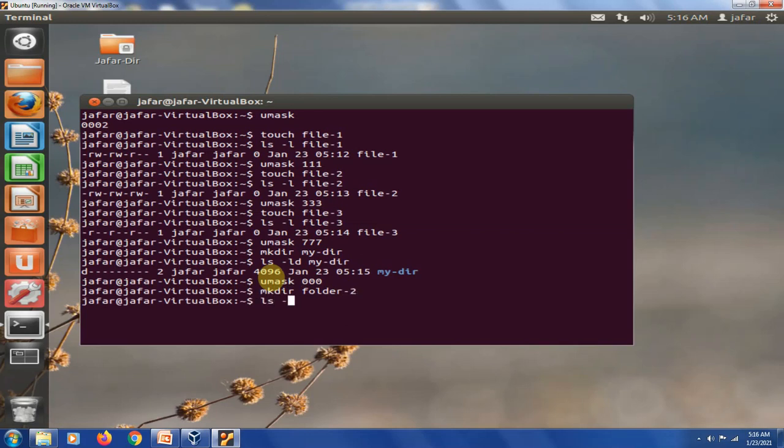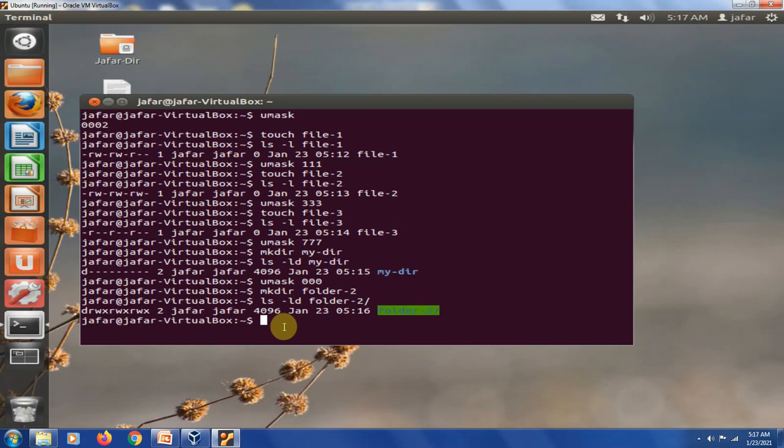Now let me see what permission string was given. See, since umask is not filtering any permission, all the 777 permissions offered by default for folders got created here. I hope you understood the use of umask and got a clear understanding. This umask logic is the same in all distributions: Ubuntu, CentOS, Red Hat.